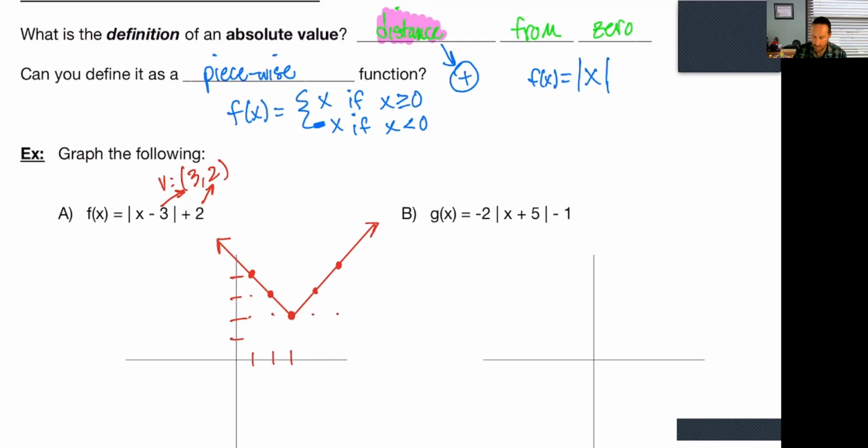Okay, so again, pretty easy to do if you comprehend all of those moving parts, those transformations of negative 5, negative 1, and what we call this negative out in front, a reflection, and a multiple of 2, which is going to make it twice as fast, either up or in this case,